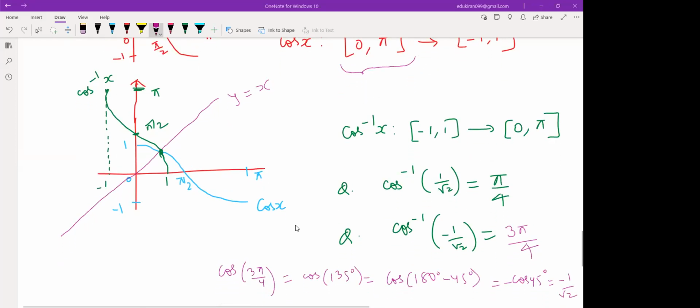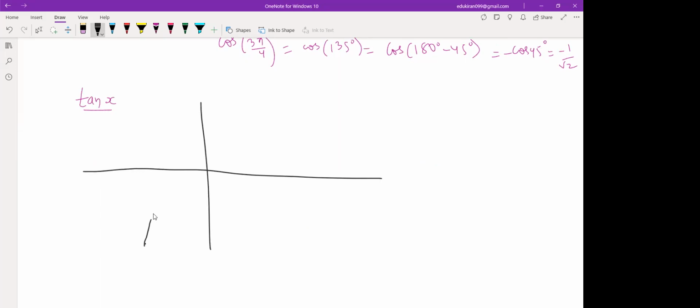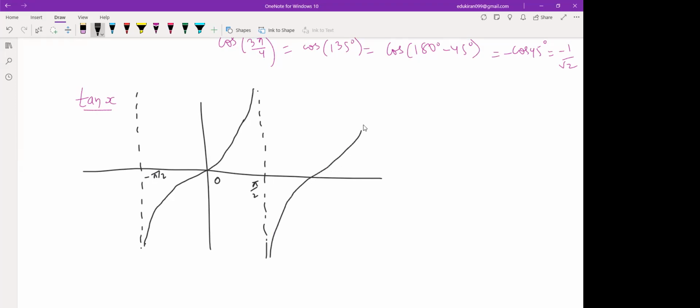Now next is tan. Next trigonometric function is tan. If we talk about the tan x graph, it is from minus infinity to plus infinity. At 90 degree, which is pi by 2, it is not defined. The graph almost becomes parallel. At minus pi by 2 it is also not defined. This is the origin. Then again from pi by 2 to